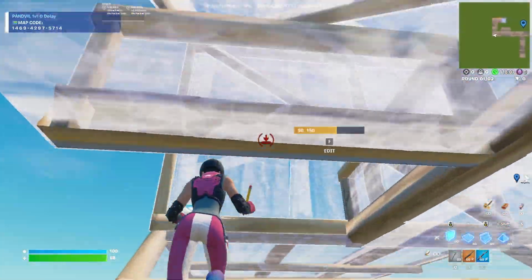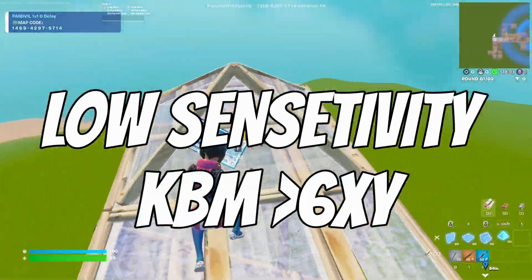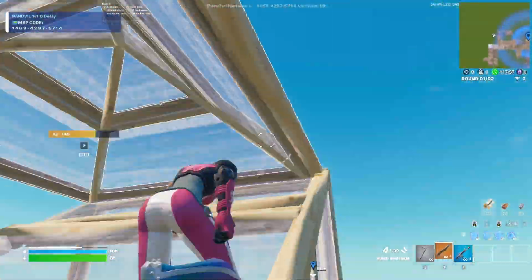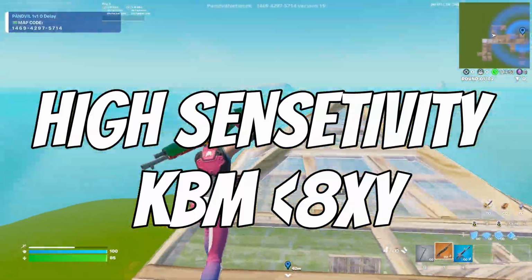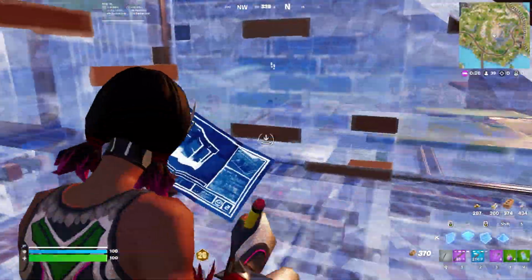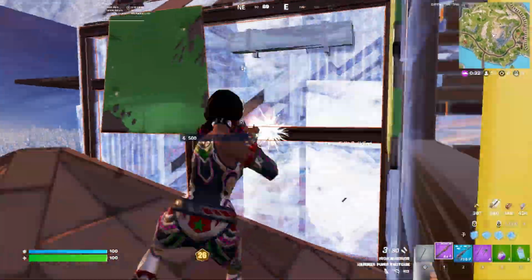Before continuing the video, I would like to say that low sensitivity is probably around 6x and Y speed on keyboard and mouse, and anything lower than 38% horizontal and vertical speed on controller. I would consider high sensitivity 8x and Y on 800 DPI on keyboard and mouse, and anything above 48% is probably high on controller. Firstly, I'm going to talk about aim, which is arguably the most essential mechanic to win